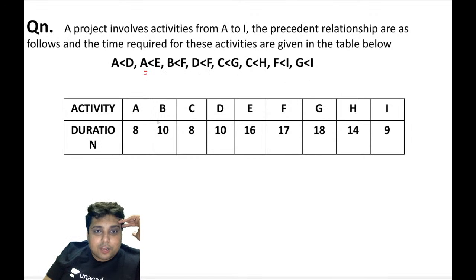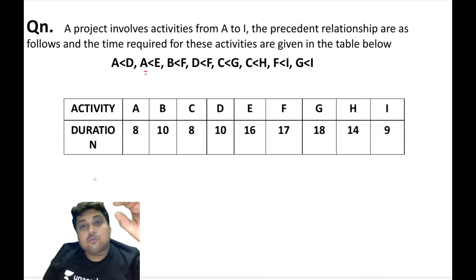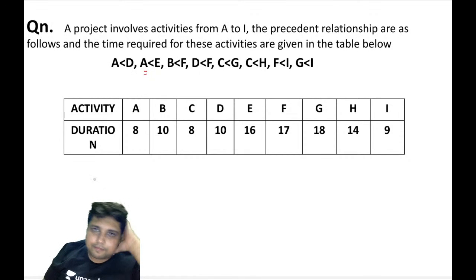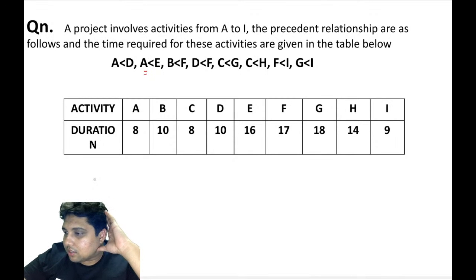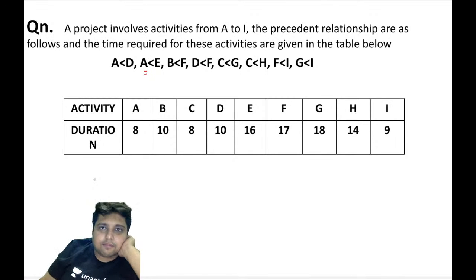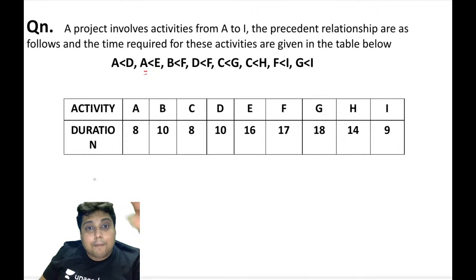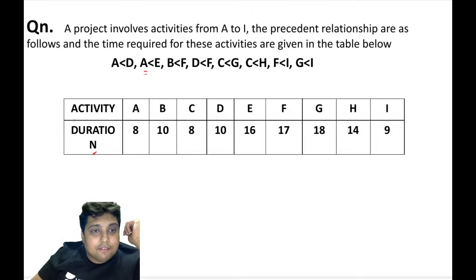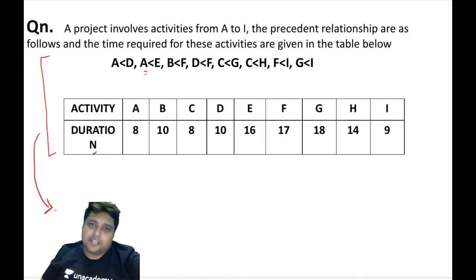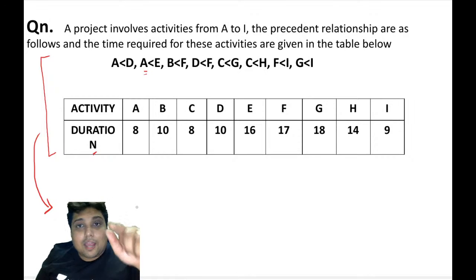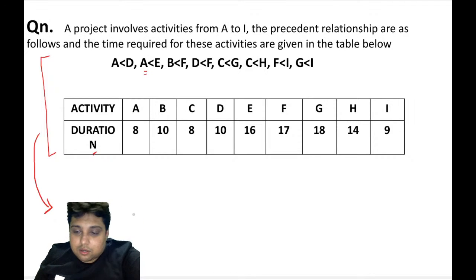So these are the relationships that have been given in the problem. And these are the durations of these activities. And you know what we have to do? We have to construct the network diagram. We have to make sure that this data that we have gets converted into a diagram, into a pictorial representation. I am going to move 4 slides back. Let us see there.